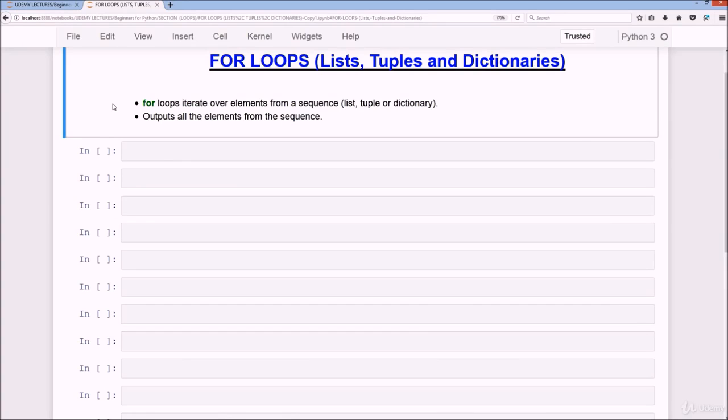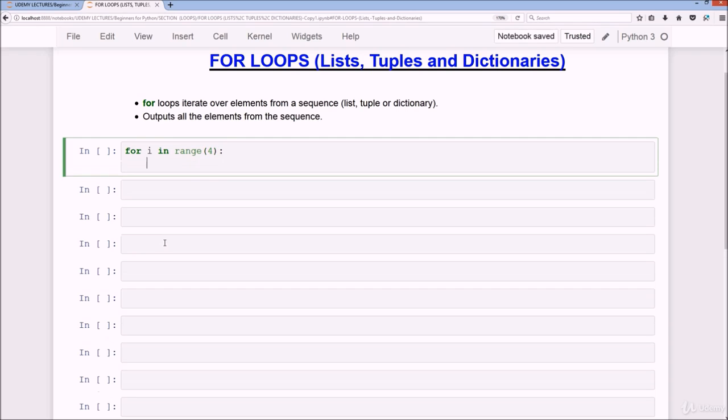Welcome to the for loops lecture. For loops iterate over elements from a sequence, which includes a list, tuple, or dictionary, and output all the elements from the sequence. So let's start off with a very basic for loop: for i in range(4),